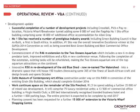And that'll essentially complete the entire silo precinct and utilize all the bulk that was allocated to that particular precinct. So very exciting. There's 3 billion rands worth of spend. Obviously our share of that is only half, 1.5 billion. But over the next 2 to 3 years, you'll see a complete transformation of that silo precinct. And then the shopping center side, again, strong demand from retailers. We're in the final throes of getting planning consent for a 15,000 square meter extension to the Victoria Wharf shopping